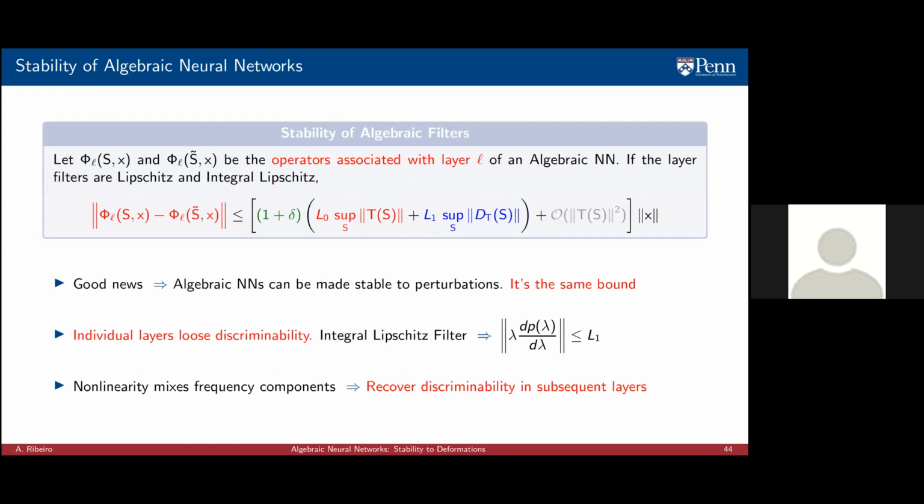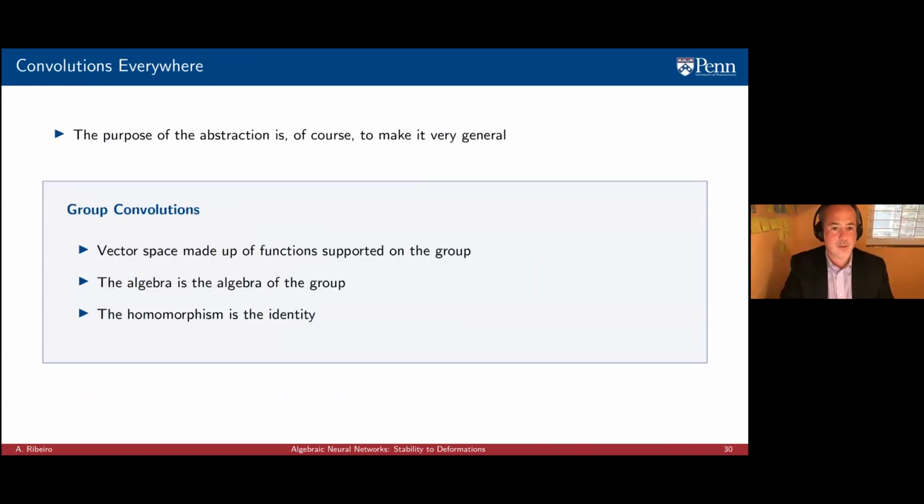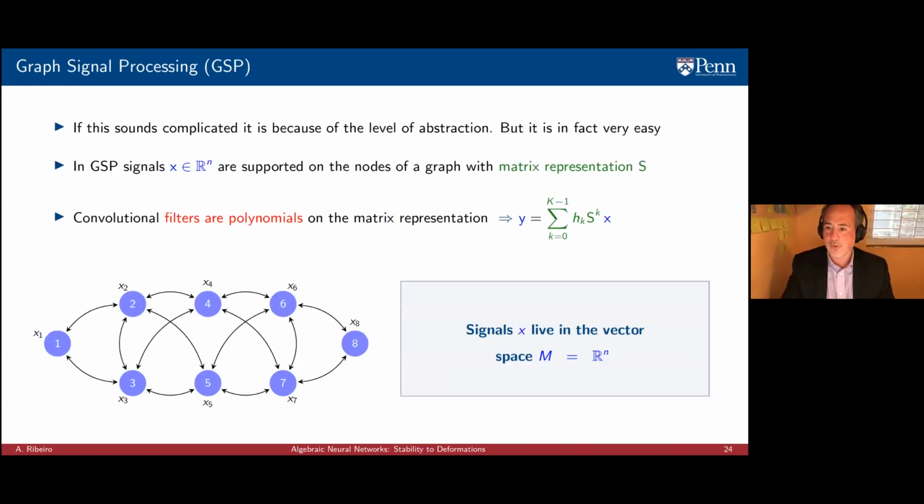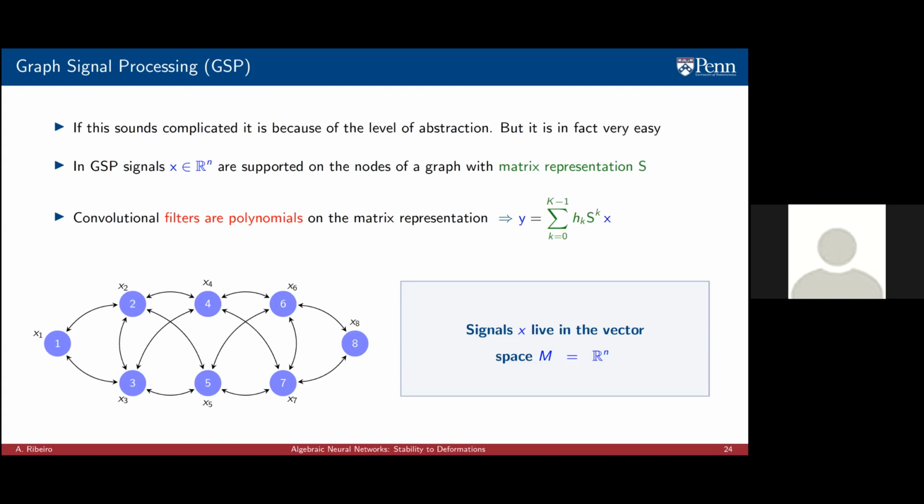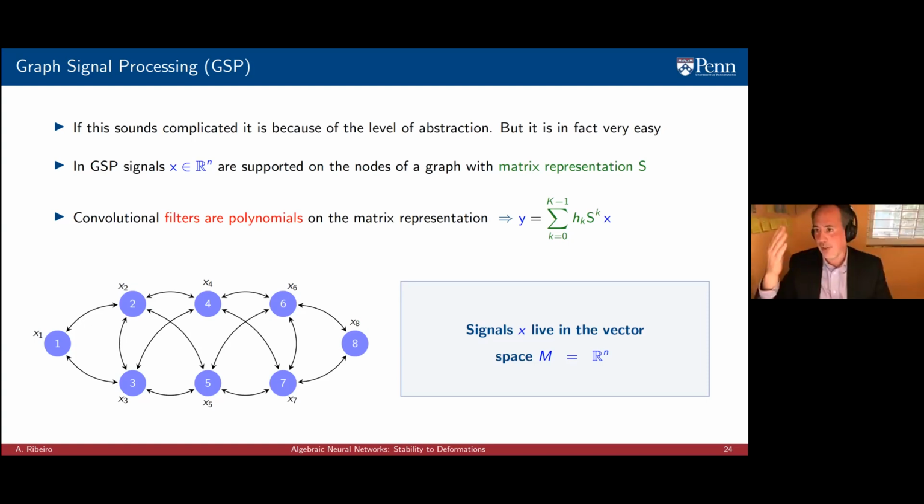Okay, I can try to explain that. I don't really have the equations to explain that, but I will try nevertheless. If you see this expression here, it's a polynomial on the matrix representations of the graph, right? This is like an adjacency matrix. If you get the product S times X, which is just a matrix vector multiplication,